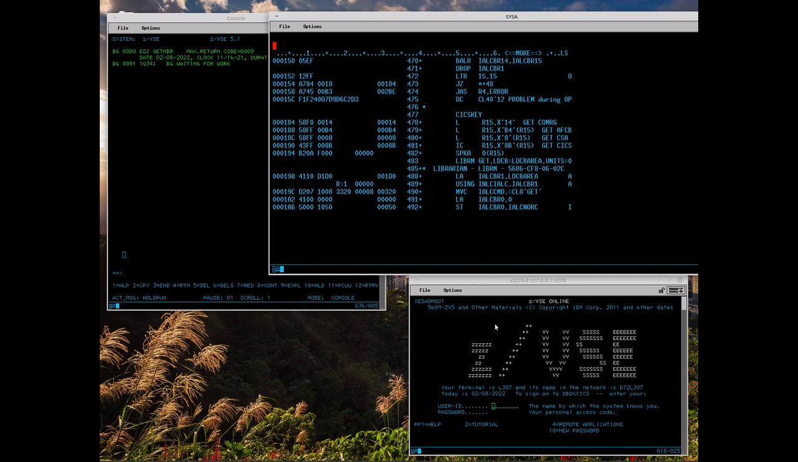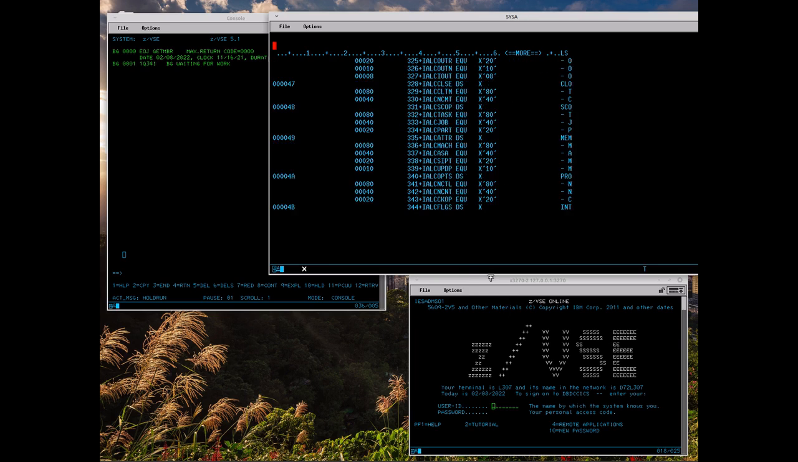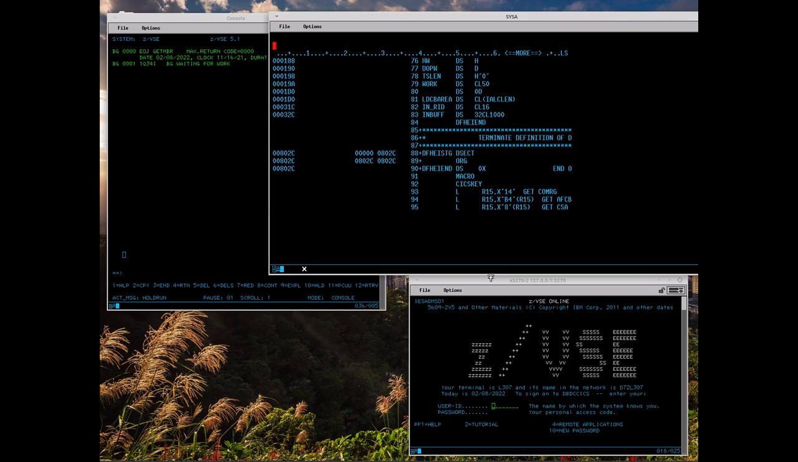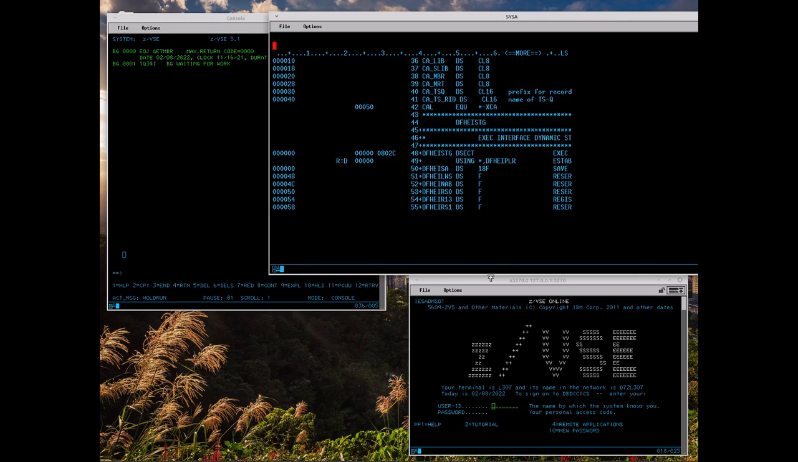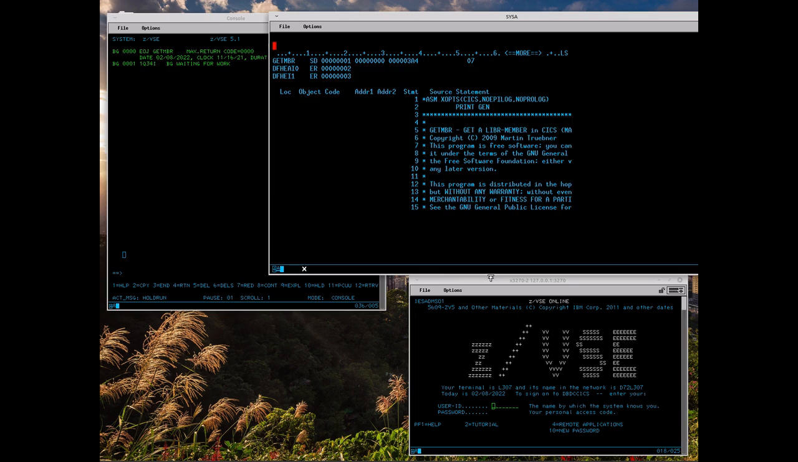Now, if we would like to use that program, we need to have the communication area set up correct, and I've shown that before, but we'll show it again here. The communication area is supposed to be